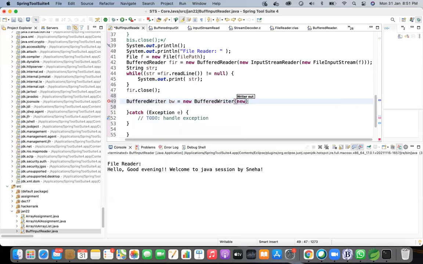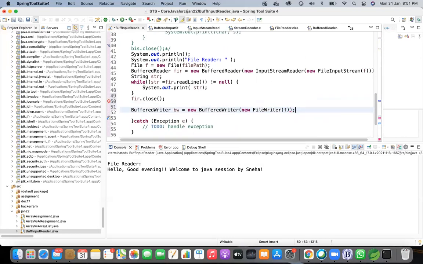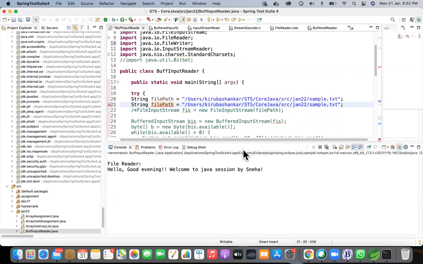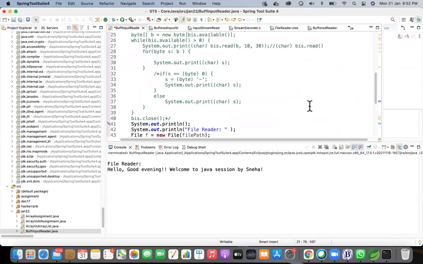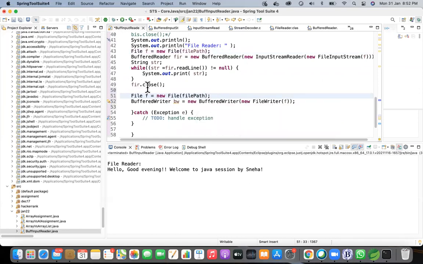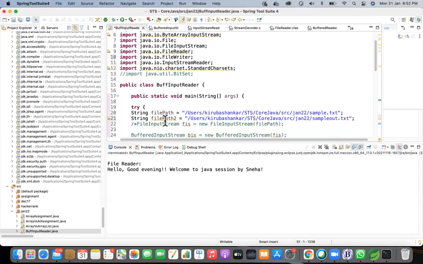So we can pass a new FileWriter. Yeah, you will have FileWriter. And then you pass the same file path within it, the file object. We can create a new file as well, right? Here itself. Yeah, if you want, you can create a new file and have that also. You have to create a new file object again, or you can just pass the string file path directly. Yeah, you can just give the file path. Anyway, it will create it by itself.